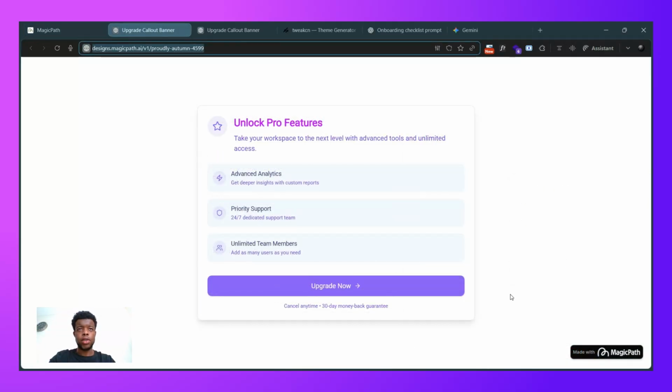So that was a quick demonstration of how you can quickly prototype in MagicPath to use in real time and live in stakeholder meetings and calls to give your stakeholders or maybe your colleagues direct access to the prototype, and you can gain feedback a lot quicker than having to go through iterations and rounds of revisions. You can quickly see what you like, what you don't like, what you can take forward without wasting time and